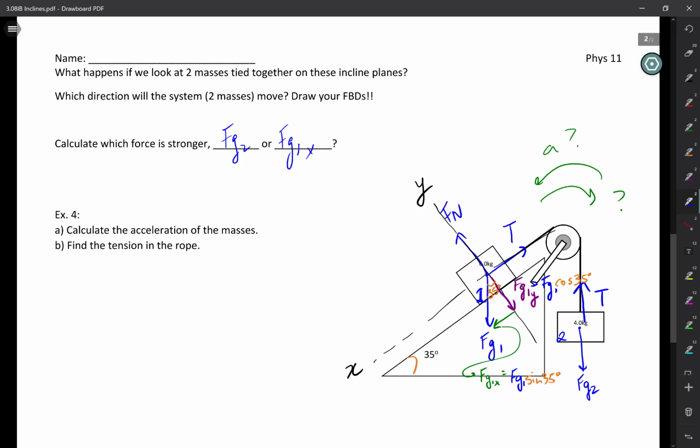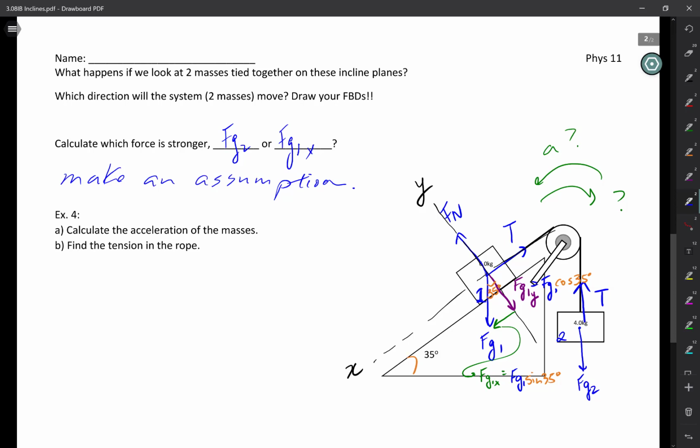So, do we want to calculate this out? You could do it. However, there's always a shortcut. No, well, not always a shortcut. But in this case, what you could do is make an assumption. And you might be thinking, what? How can we make this assumption? Because at the very end, when you calculate the acceleration, you may get a negative value. If you get a negative value for acceleration, you know that the objects will be accelerating in the opposite direction